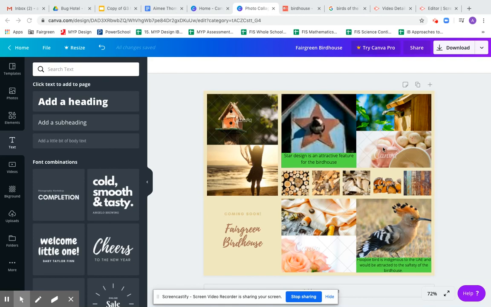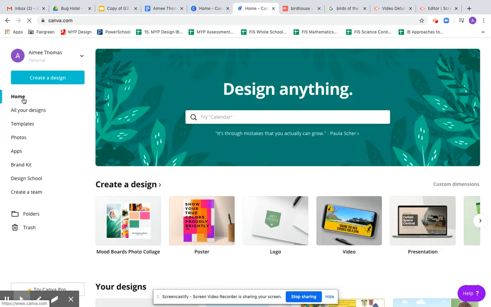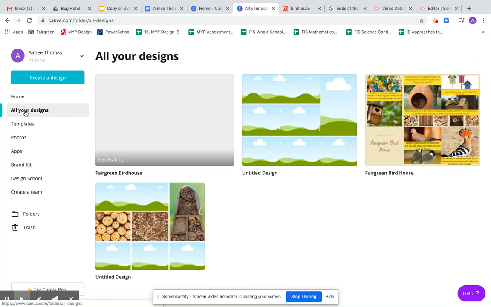Once you've completed your design for your mood board, as you can see up at the top here, it says all changes are saved. So because you've logged in, the next time you log in, your completed picture will still be there. So if I click on home, there we go, click on home. And then if you just go down here to all your designs, it might take a little while to come up, but